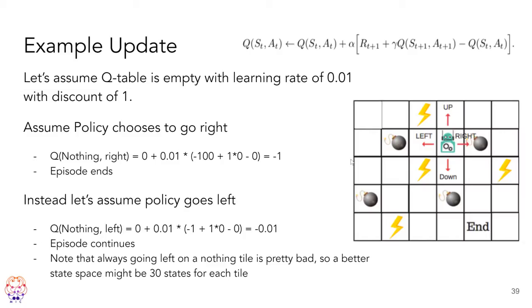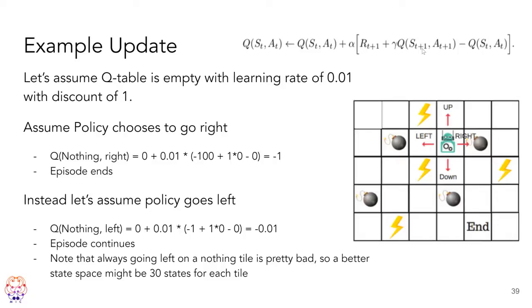So here's just a numerical example. Once again, let's say we start at this state. The table is initialized to 0, which is why we have 0 here, here, and here. As you can see, the equation's right up here. So if we go right, this is going to be 0 plus learning rate 0.01. Negative 100 is the reward that we got. We lost points. Discount rate, we're just going to have 1 because this is going to terminate very fast.